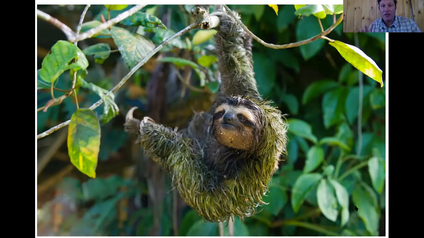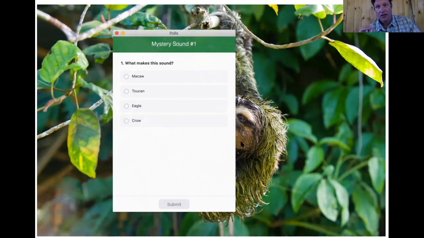I want to play you some sounds because when you're in the rainforest, we don't hear cars or sirens. All we hear are natural sounds, and those sounds are some of the most amazing things. So I want you to listen really carefully, and I want you to pretend that you're in the rainforest, and I want you to see if you can guess what is making these sounds. Okay, you ready for the first one?